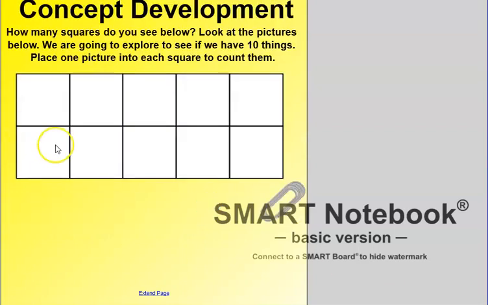Alright, so let's get started. I want you to first look at this right here. How many squares are there, or what do we call this? Does anyone remember? Very good. We call it a 10 frame because it has 10 squares. 1, 2, 3, 4, 5, 6, 7, 8, 9, 10. 10 squares, and it's called a 10 frame. So today, we're going to put different objects in there and see if we have 10. If we don't, we're going to figure out how many more we would need in order to make